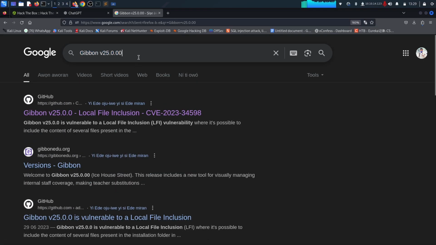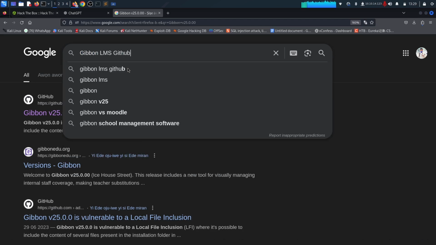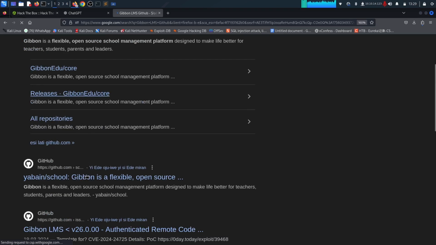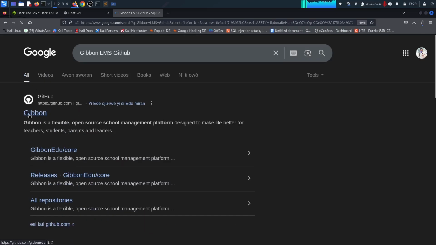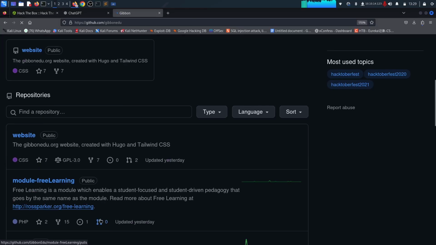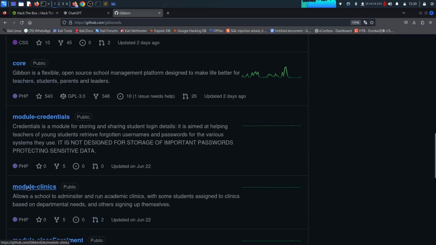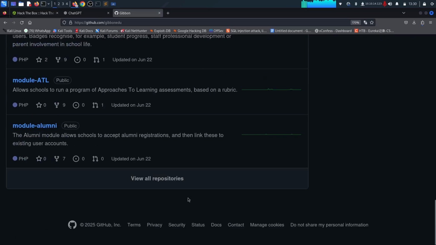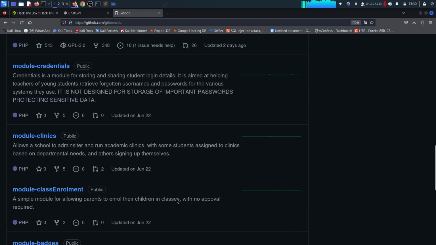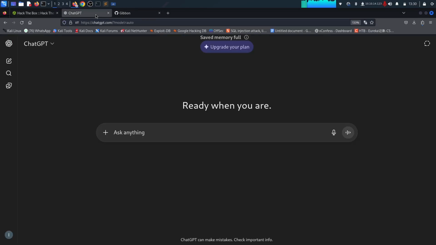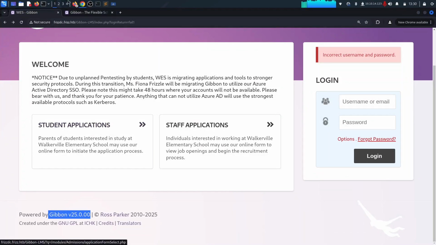All right. So I'm trying to see, can I get the Gibbon-LMS itself? Gibbon-LMS GitHub. I don't know if we actually have the code for this application on GitHub. So we have Gibbon Edu. Don't think we have much. Module ATLs. Okay, so let's just ignore that. So what we're going to do is go back to the application, and